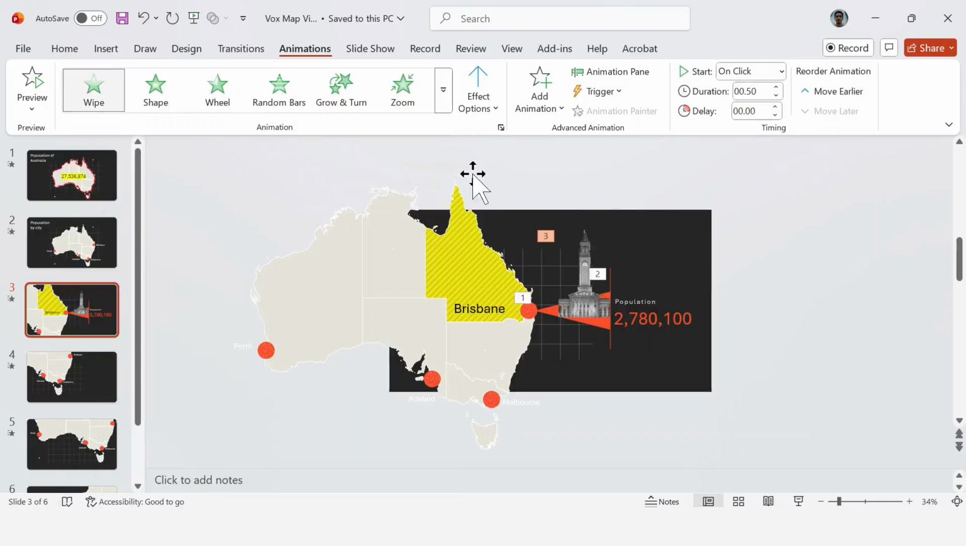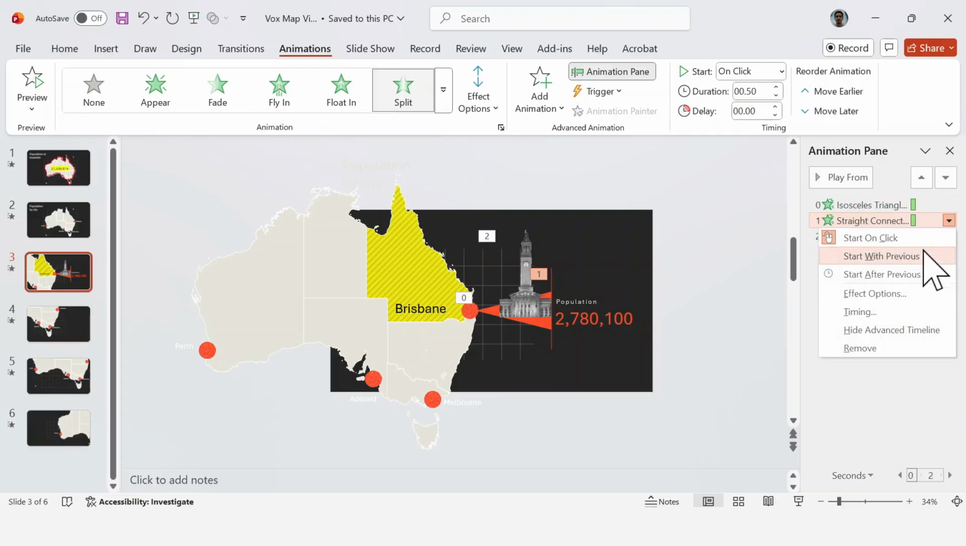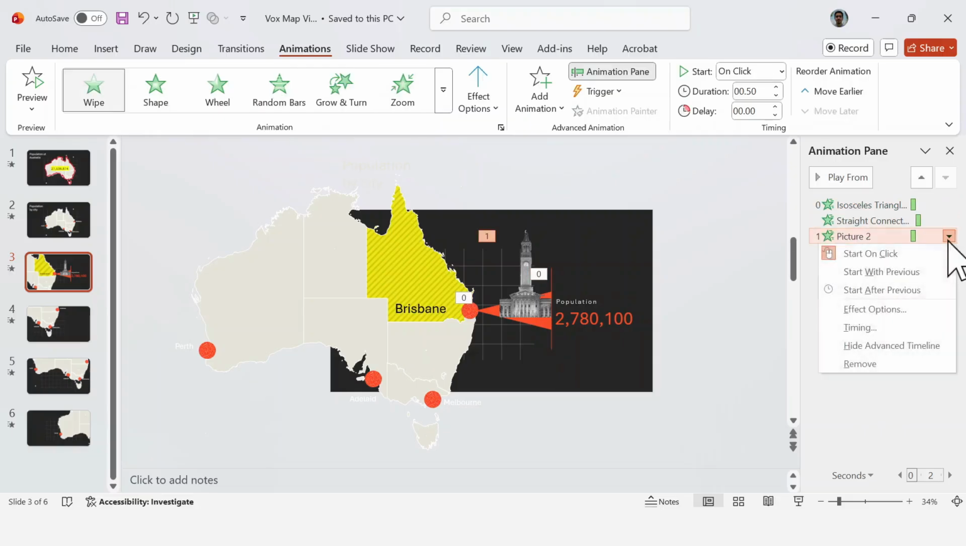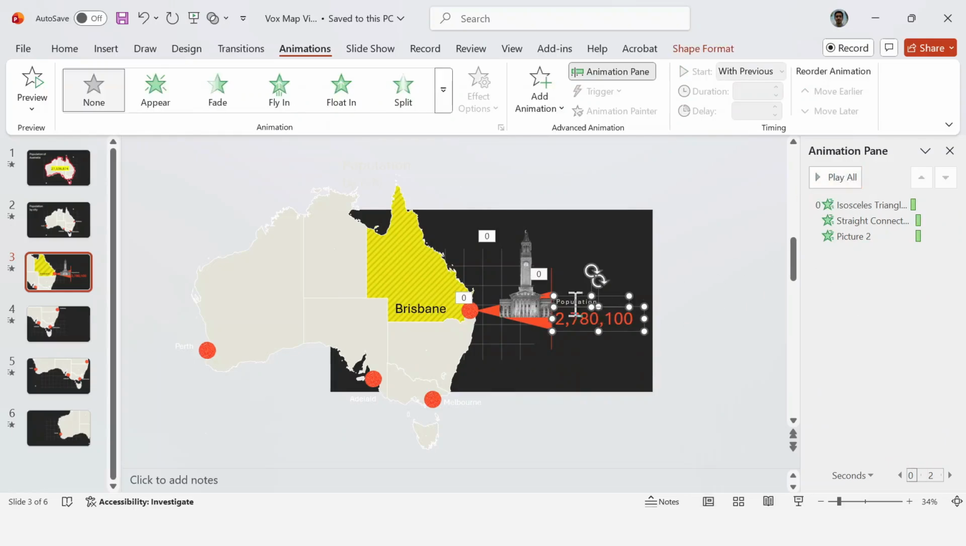Now going back to the animation pane, I'm going to have the triangle animation start with previous, the horizontal line start after previous, and the image start with previous. This looks good. Next, I'm going to apply the appear animation to the text boxes,